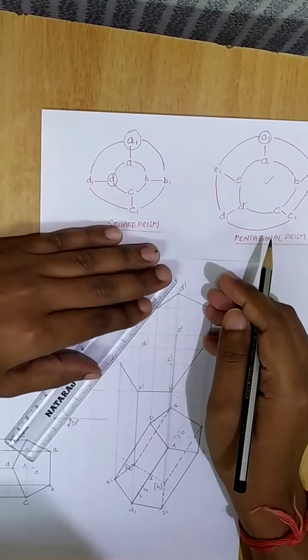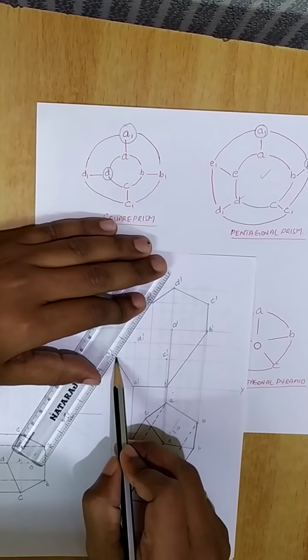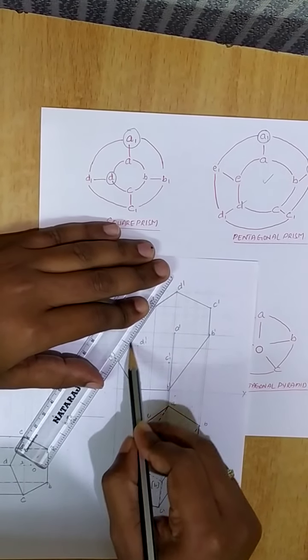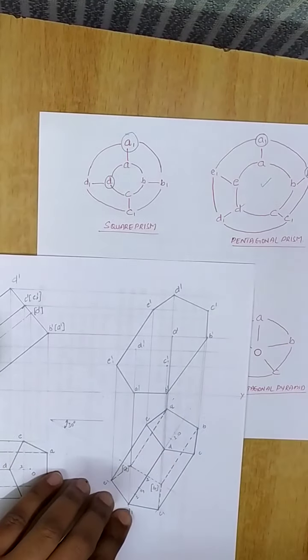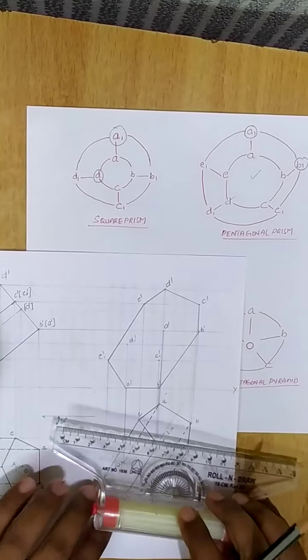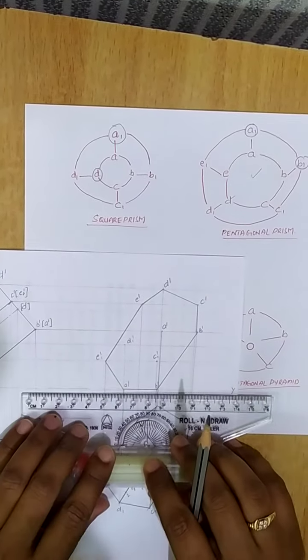Next I'll place the scale between E dash to E1 dash, and I'll get all the remaining corners on the same side of the scale. In this way, I need to draw all the boundary lines as thick continuous lines. Next, after drawing all the boundary lines, I need to identify the hidden corners.